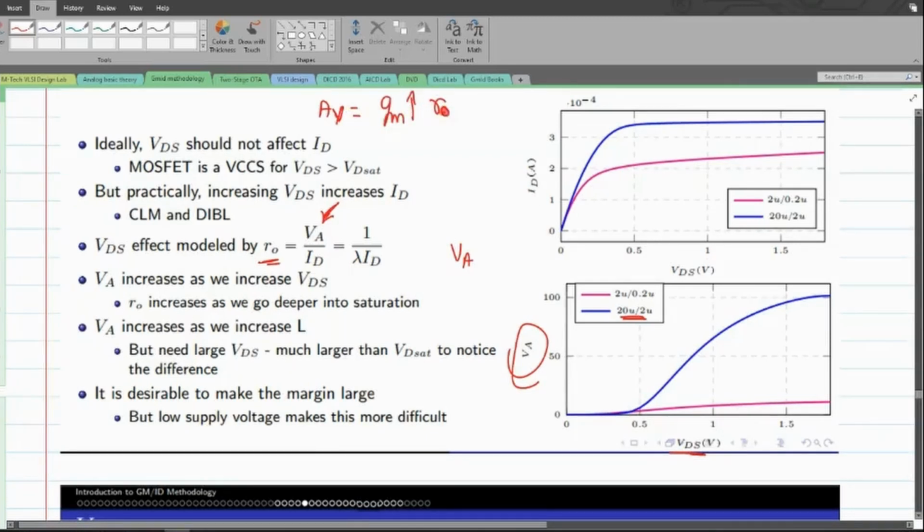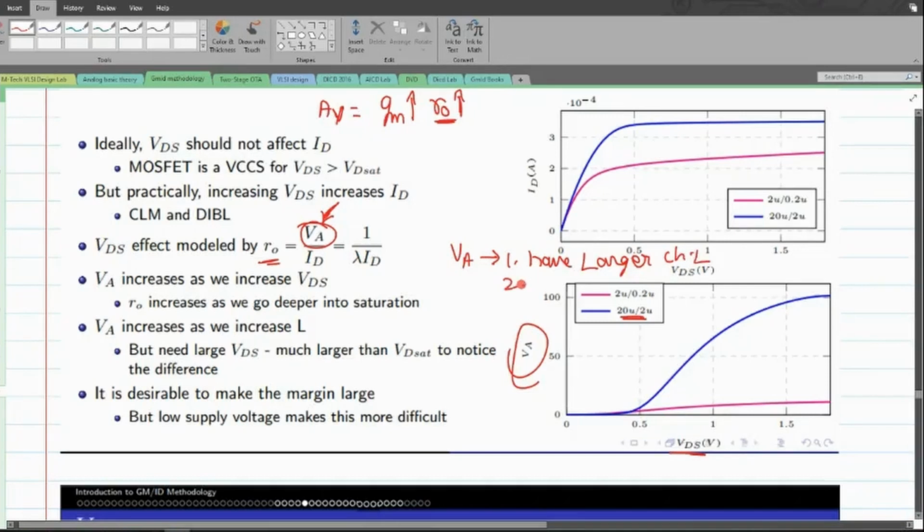The other variable that I have in control is to increase the value of this R out. But in order to have this R out to be large, we want this VA to be large. Now to have this VA to be large, I have to have a larger value of channel length. That is point number one. So the point number one is that to have a large value of VA, I have to have a larger